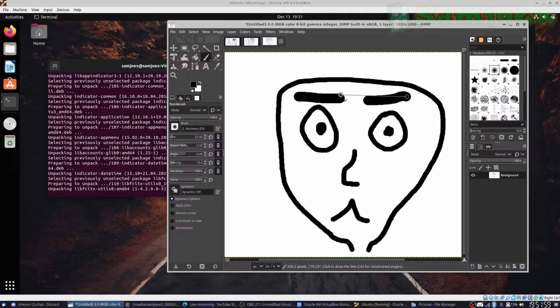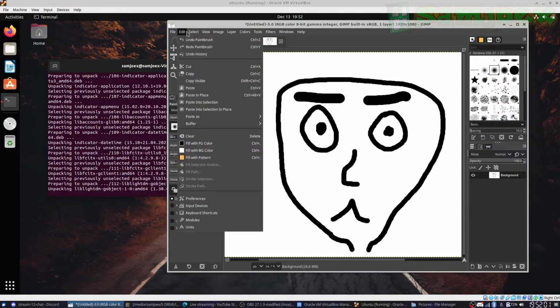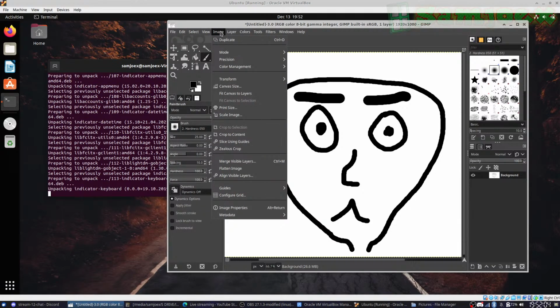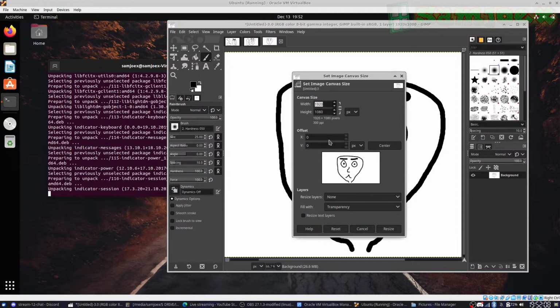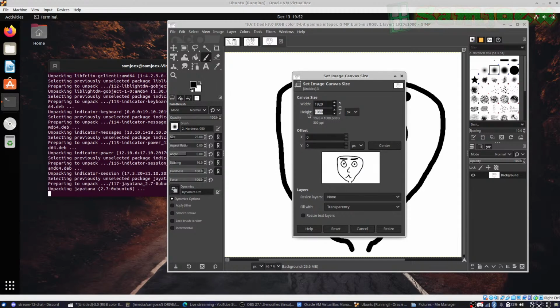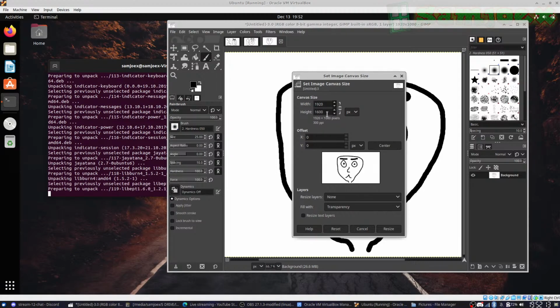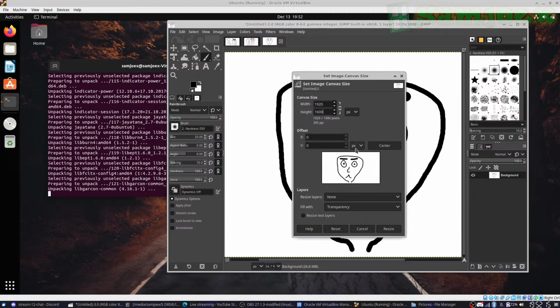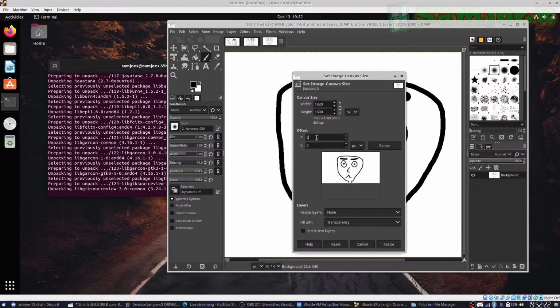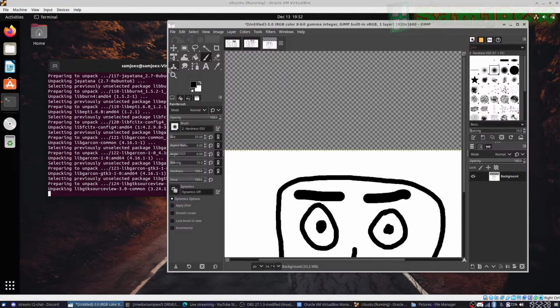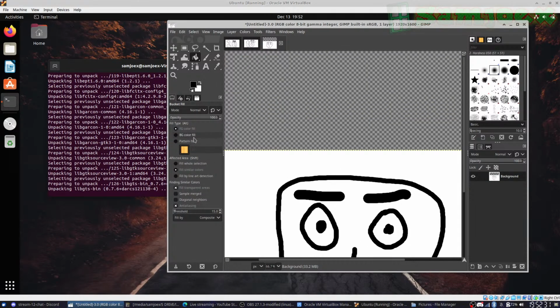Let me see if I can resize the image. Canvas size, here we go. I'm gonna increase the height to like that. Like that. Resize. And then of course we're gonna fill this with